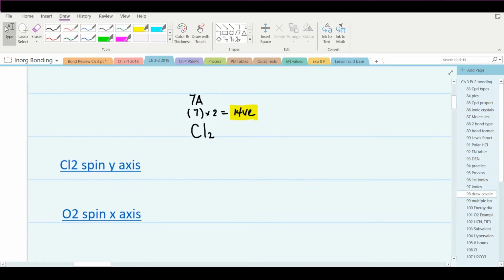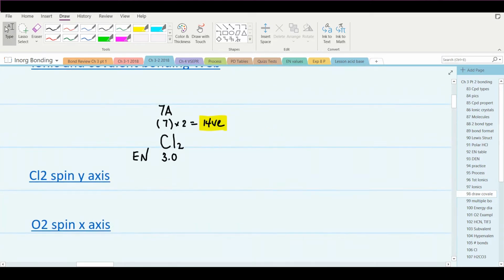Now, what type of bond do we expect to see? Generally, we want to consider the electronegativity values. Chlorine is 3.0, but it doesn't really matter because it's bonded to itself, so it has to be a nonpolar covalent bond. But we'll do this just once. Delta EN for the atoms being bonded together, chlorine to chlorine: 3.0 minus 3.0 is 0, and that is a